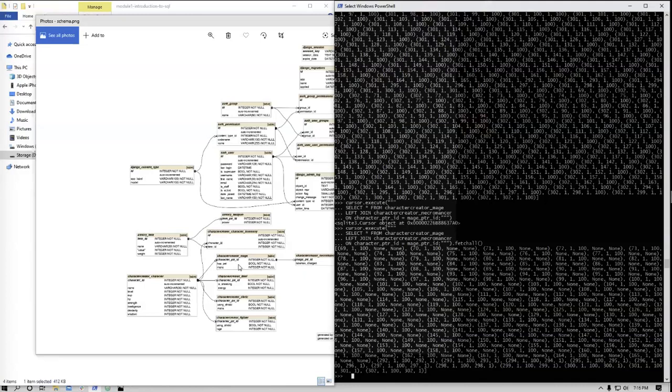You can see mage pointer ID equals character pointer ID equals the character ID, which can equal this character ID. But if you reference the item ID from that one, then you get this item ID from armor item, and you can get the weapon. So if you follow this sort of relational track, you can get all of the weapons from the necromancers, right? And that's just a couple step process. Does that make sense? You would not use left joins to do that. Anybody want to tell me why?